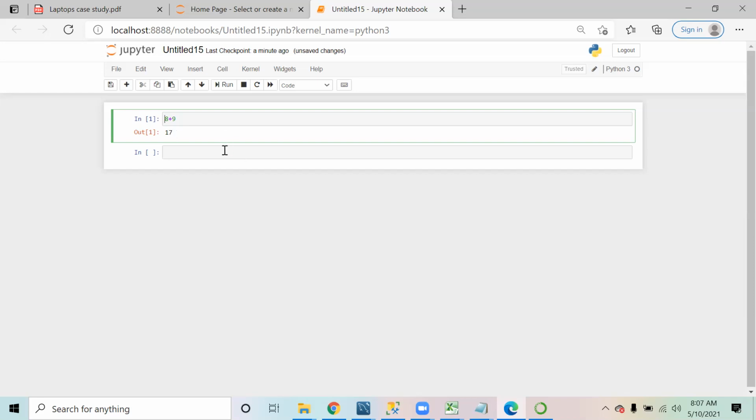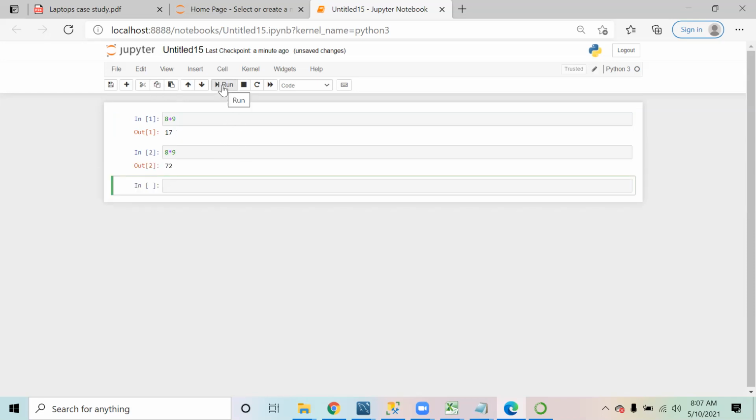You can do it just like normal mathematics. So you say 8 multiplied by 9 and you click on run, it executes it and shows you the result.